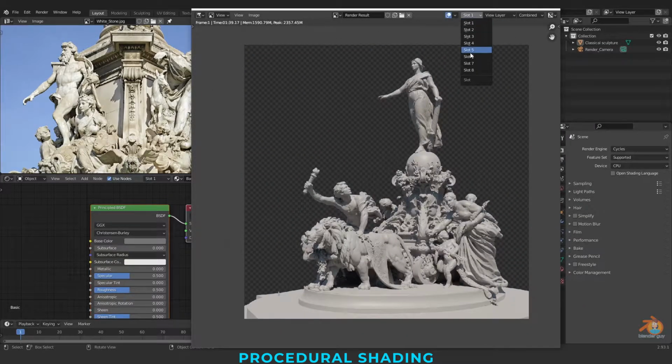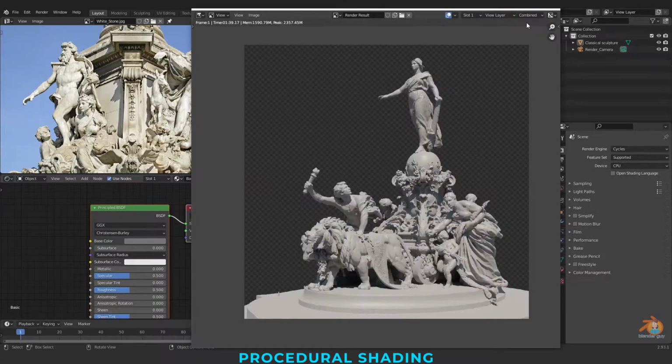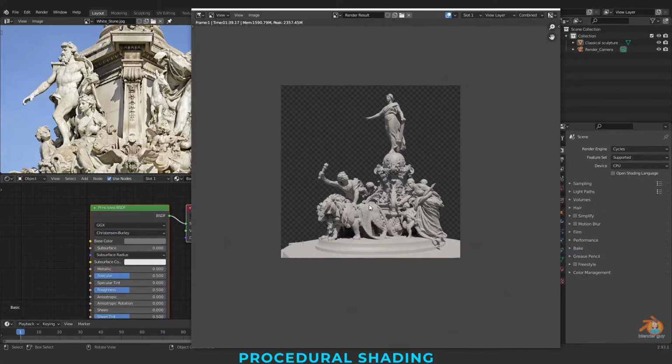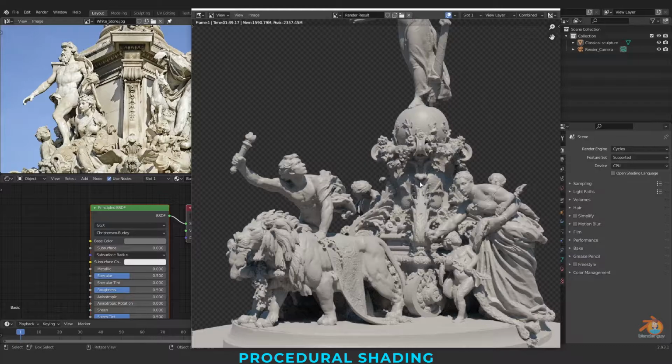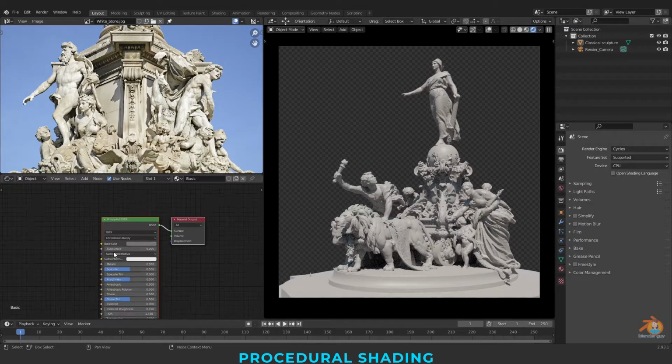I'm switching back to slot 2. This is like a keep image in Maya or 3ds Max. How did we save the images? Same like that, we can use slots. In slot 1 I have this basic Lambert now with the HDRI lighting. Now I'm switching back to slot 2 and just minimize this.